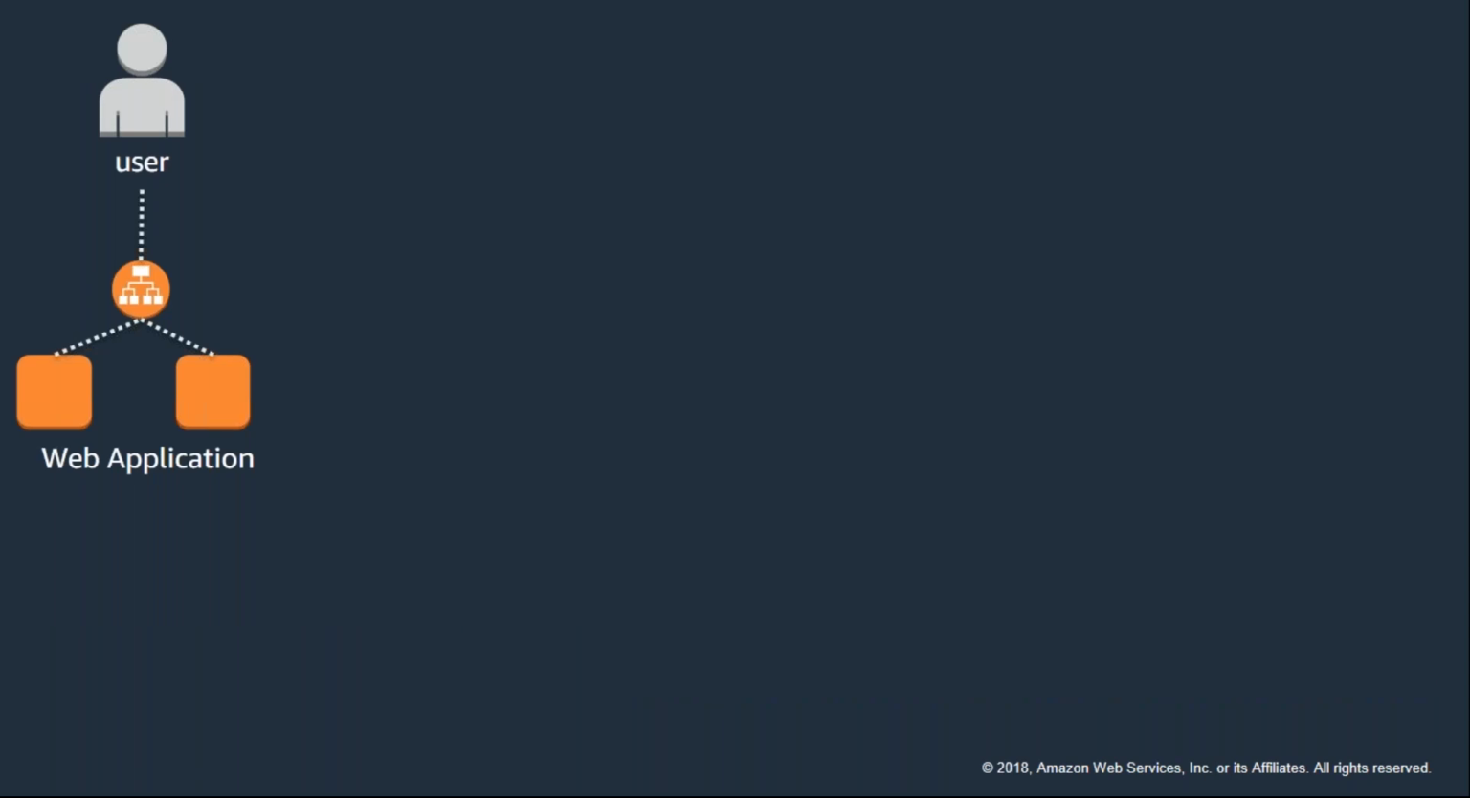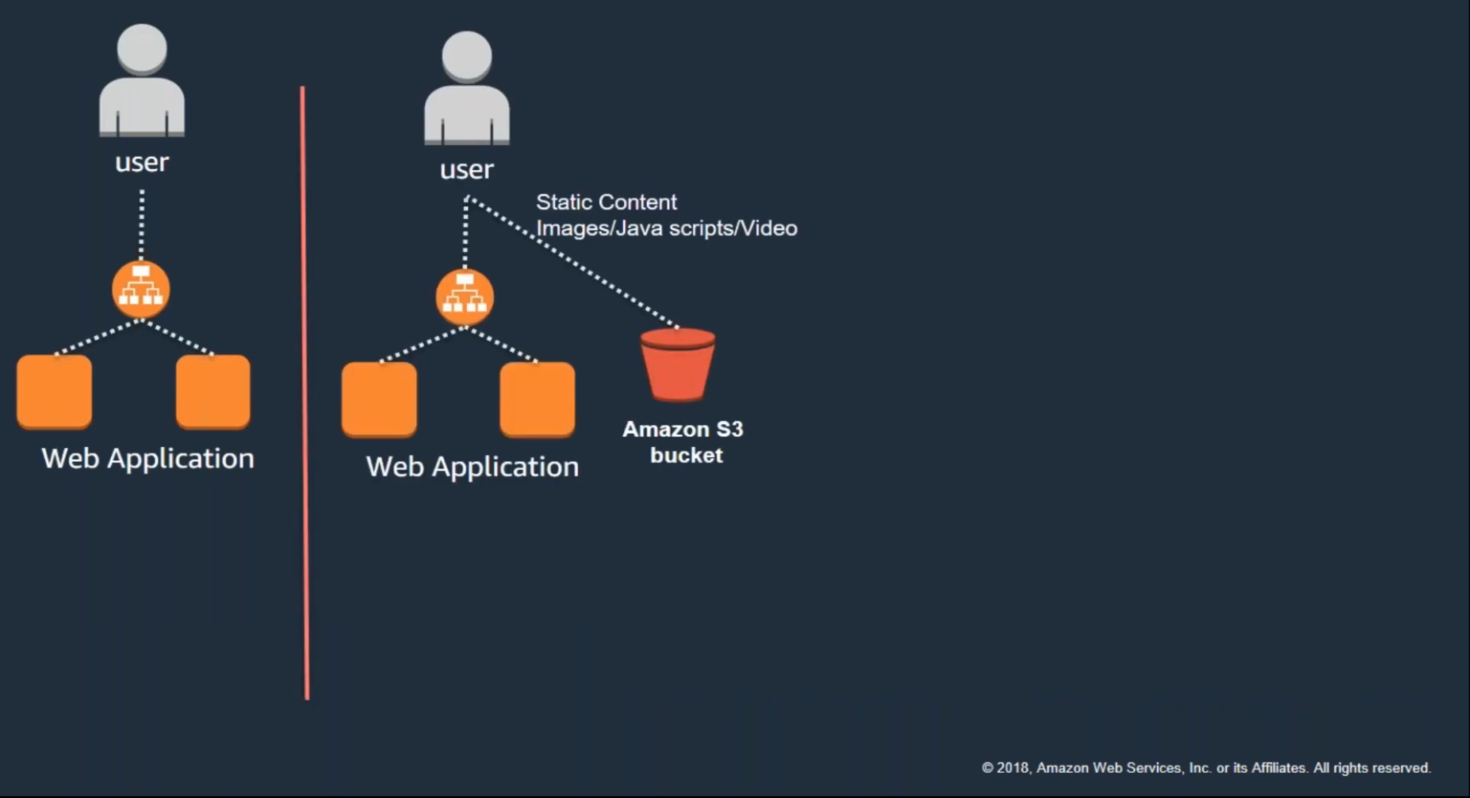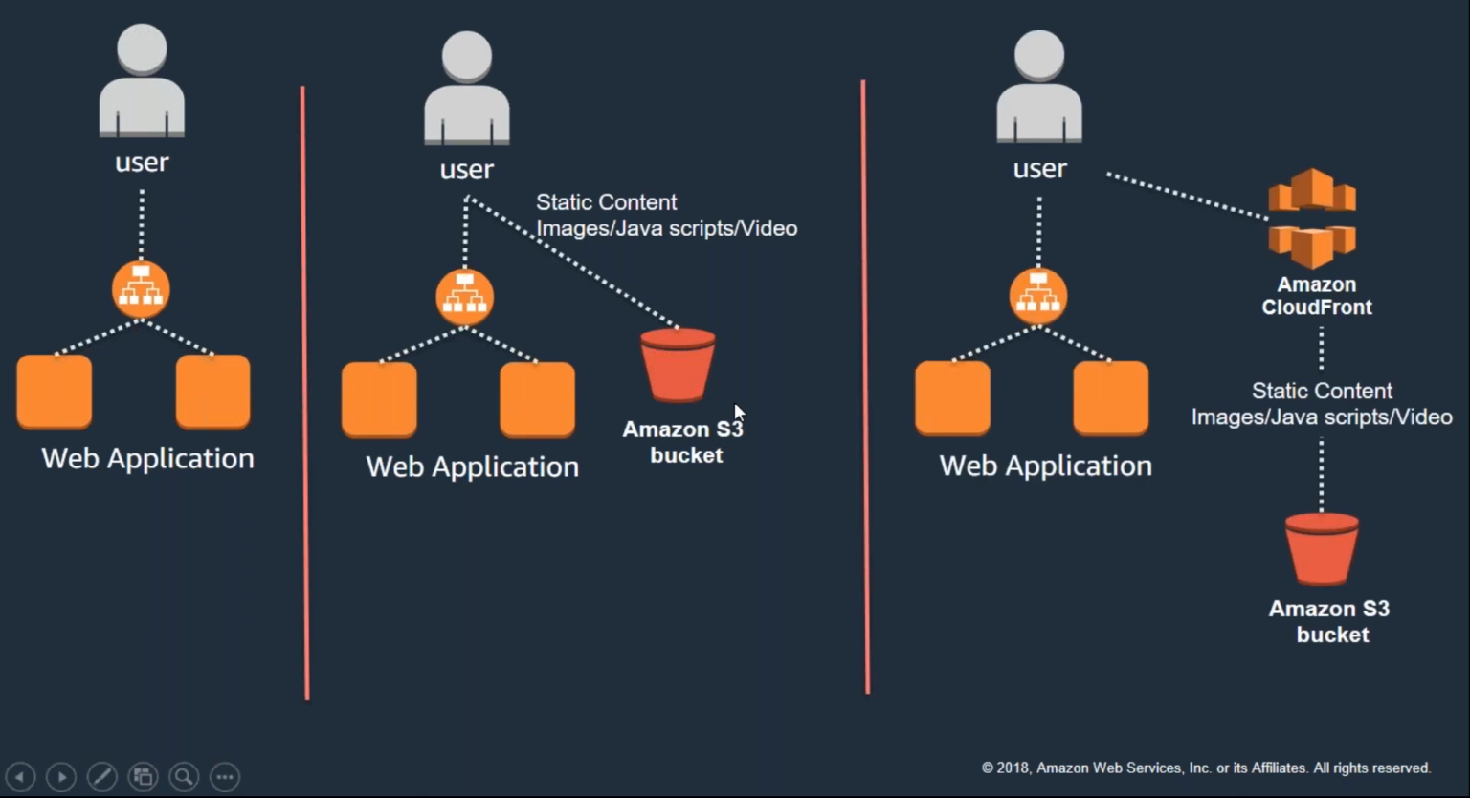So what are the other tweaks you can do? So we have this simple web application. You may decide to offload the images, JavaScript, and videos into an S3 bucket, which is our object storage. So you reduce the workload on the web application, you put them into S3, and you get better performance, and sometimes for lower cost. You may decide to go for CloudFront, our content delivery network, to distribute your content across